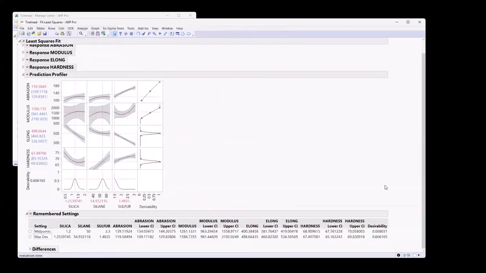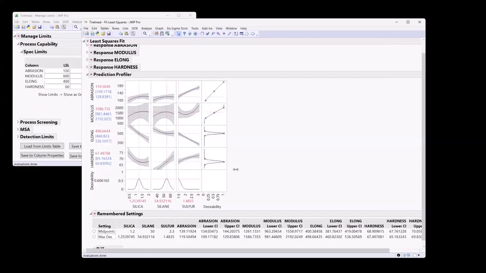And if we come all the way over here to the right-hand side, my midpoints, my desirabilities was 0.008. So not a very desirable place to run my process in terms of maximizing desirabilities. And now we're better. We're at about a 0.6. All right, so that's one thing that we can do is maximize desirabilities. Well, you might say,